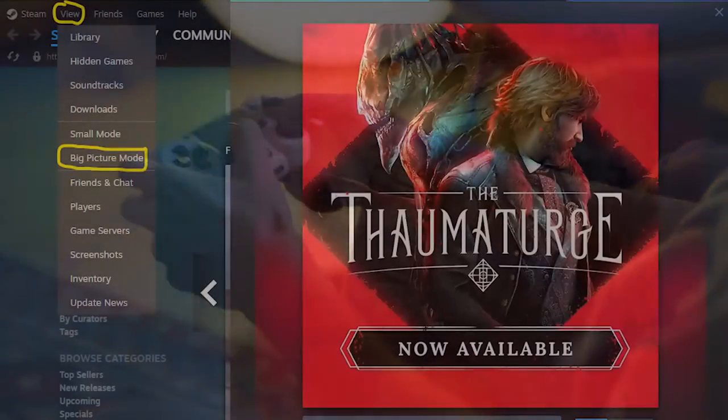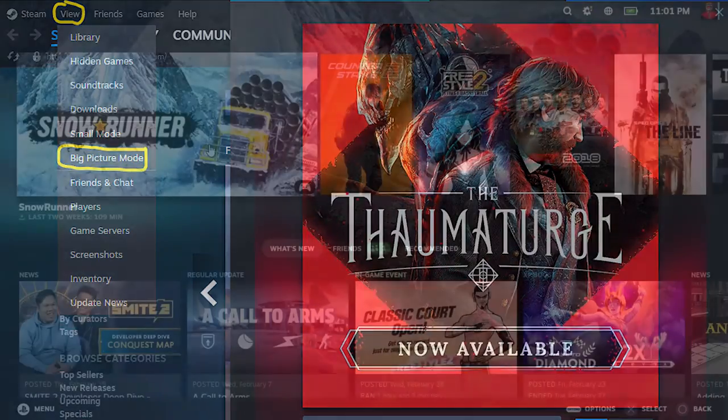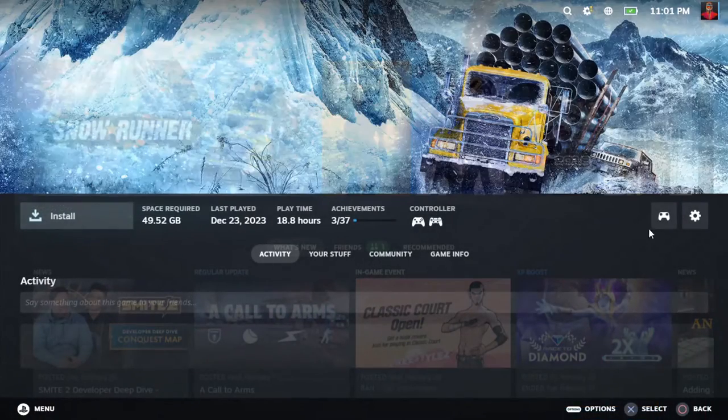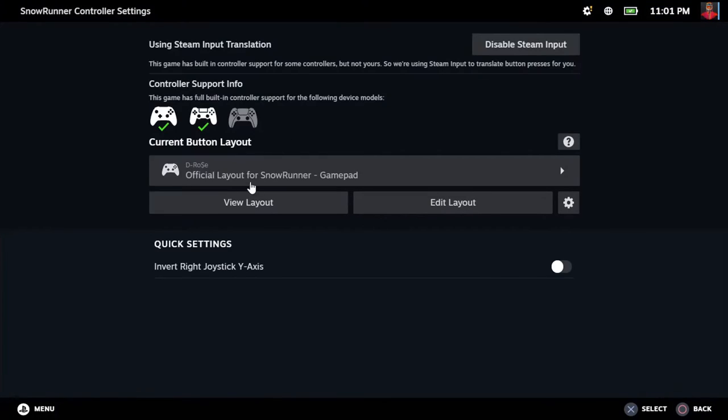First of all, open Steam. To enable this, you need to be in a mode called Big Picture mode. It is located in the View panel in the top menu. When you have opened this view, you need to click on the game you want. When the menu for starting it is opened, you need to find the icon with the joystick and click on